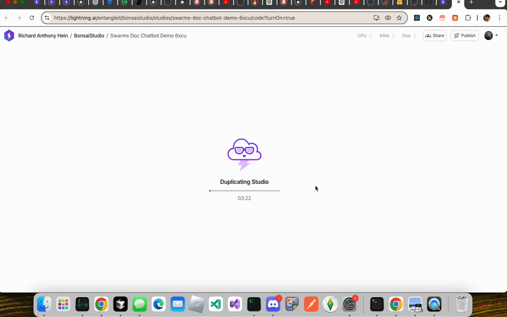Start a free account. All you gotta do is open up the Studio. It'll duplicate Studio. That'll take some time. And essentially, a Studio is kind of like having a persistent laptop or a VM just somewhere. It's just a persistent machine that you can switch from CPU to GPU. I'm not sure if it's going to pick GPU by default because I picked that as a requirement, but that's